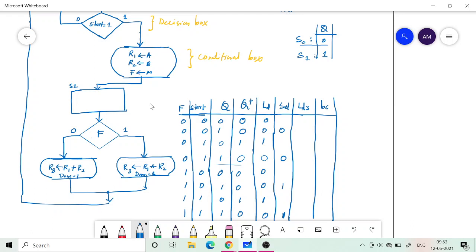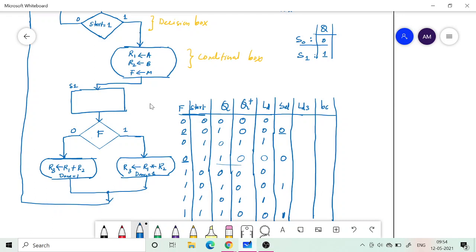So when the state is equal to 1, that means S1, when I am at S1 state, that is Q equal to 1. If F is 0, I do addition. So select input is 0. Here also F is 0 because Q is 1.